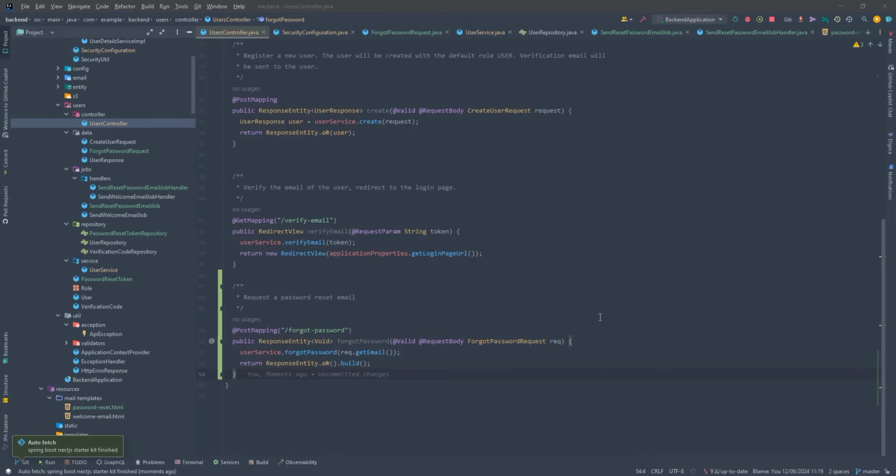But let me just give you first a high-level overview of how that flow will work. You can imagine that the user will be able to see some forgot password link on the front end, and once the user clicks on that link, he will be presented with a form where he can input the email address, and then there will be some button that will send the request to the backend, and basically that request